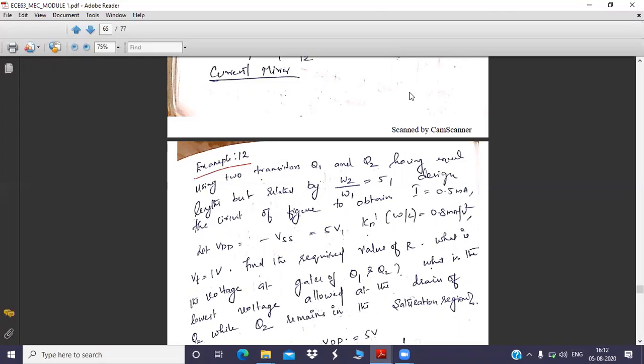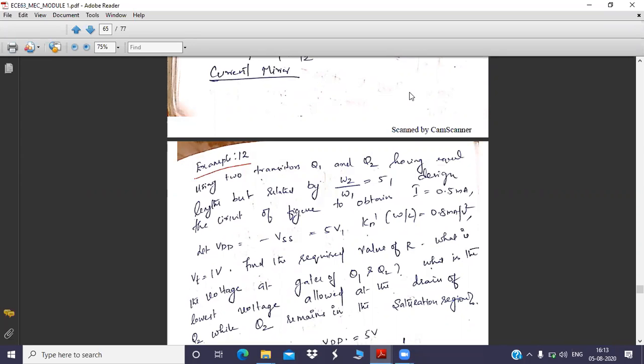But out of all these four cases, the last method was very good. The advantage is that you are able to maintain the Q point very stable because of the usage of a current mirror circuit. What is the intention of designing a current mirror circuit? You are trying to maintain a fixed I which is equal to IRF. IRF is in your hand. A designer can design his own IRF by appropriately taking R, and you can fix IRF. Whatever you have fixed as IRF will come over to I, which is nothing but your device current.